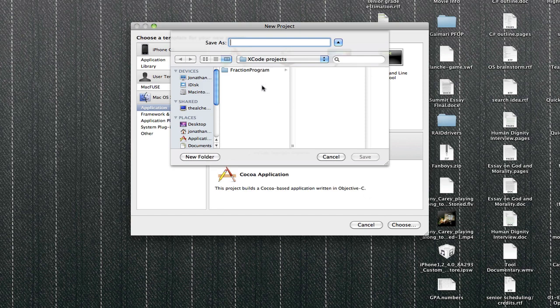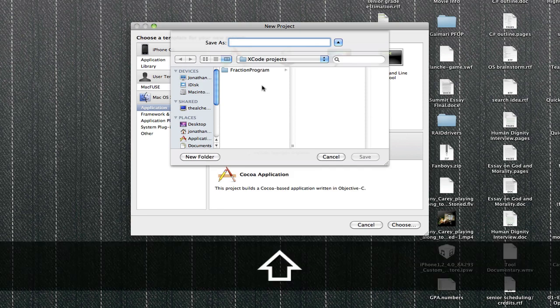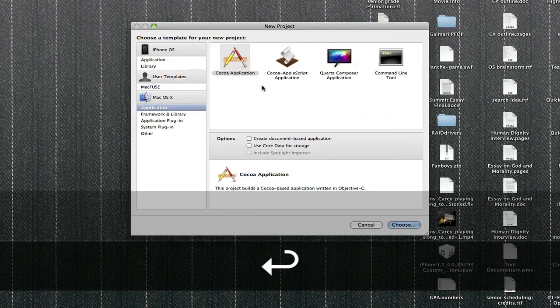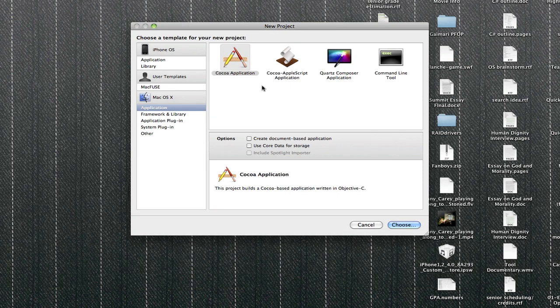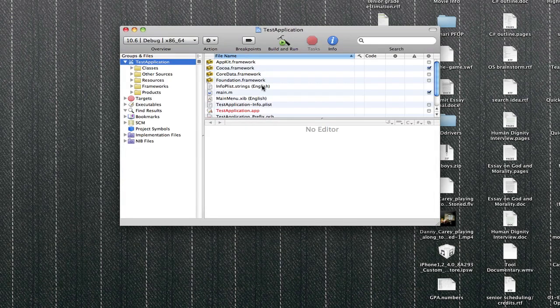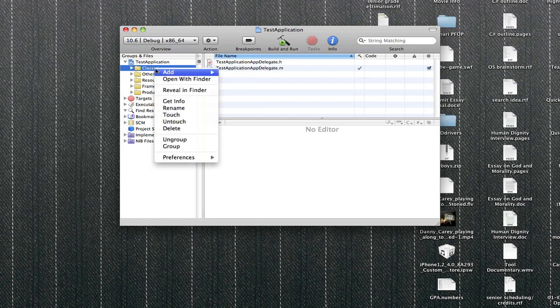That's my old project that I said took so long. Let's just name it test application this time. So anyway, I'm greeted with the very familiar Xcode interface, and I'm going to go into classes and right click,